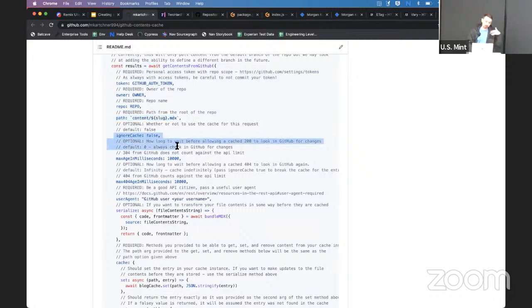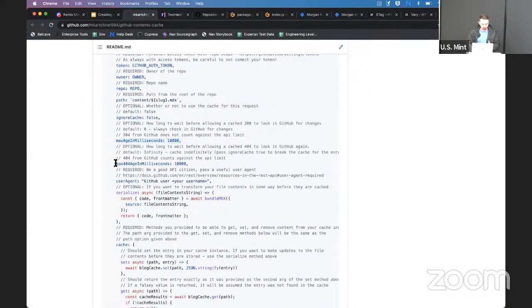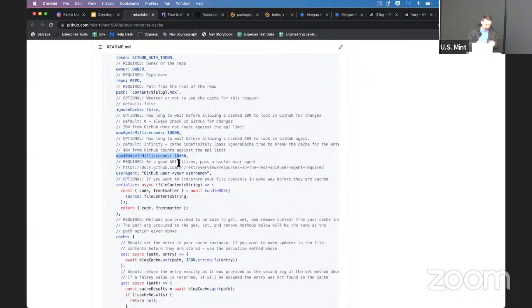Things like if you want to ignore the cache for this particular request, or if you want to set a max age for how long this should be cached before you go check GitHub again. I added a max 404 because GitHub counts 404s against your API limit. So I think it makes sense to cache those indefinitely and then go from there.